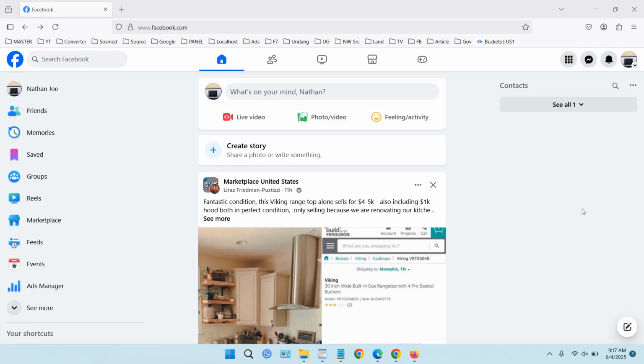In this video, we will show you how to delete a Facebook account from your computer. If you think your Facebook account is no longer needed, you can delete it. How to do that? First, after you sign in to your Facebook account using your computer, you can just click